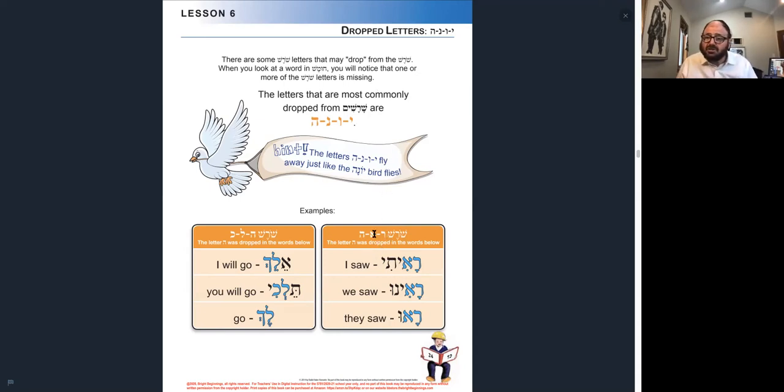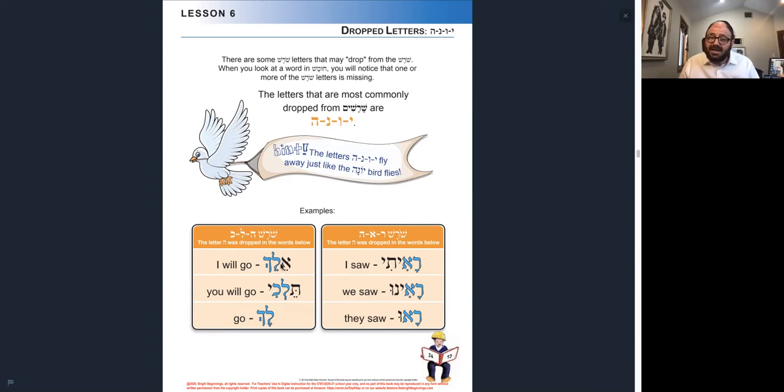And here are some examples. You have the shoresh Reish Aleph Hey, ra'ah. Ra'isi is I saw. Okay, here's the translation. Ra'isi is I saw. So notice the Hey is not there anymore. So that's what we call a shoresh letter that sort of flies away, like a bird does. That's just the memory tool. So Ra'isi is I saw, Ra'inu is we saw, Nun Vav is plural, Ra'u is they saw,